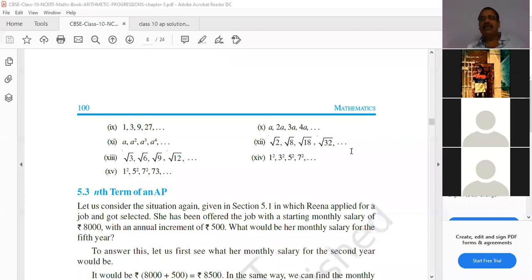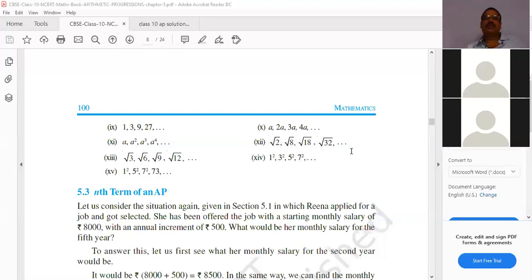Root 2 plus root 8, 10, sir. Then here 8 and 18 are different. No, not like that. You explain, sir. I will explain, Meghna. Don't worry, I will explain. If anyone tries to tell the answer, I want to answer. That's why I am trying. That's all.